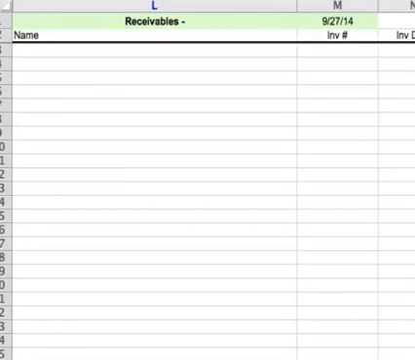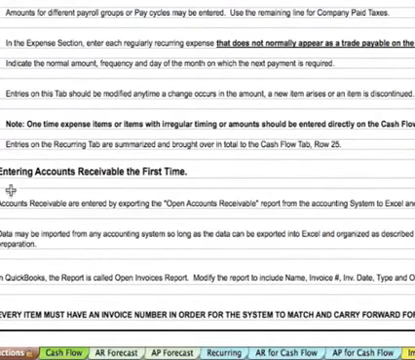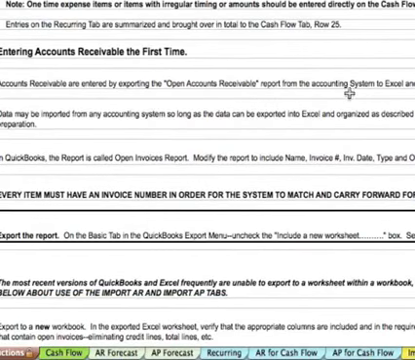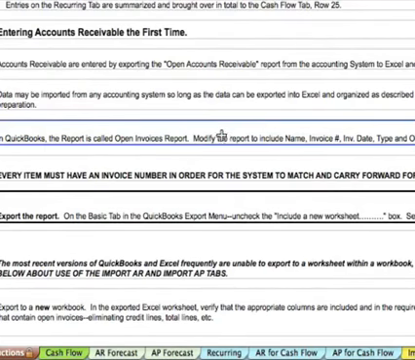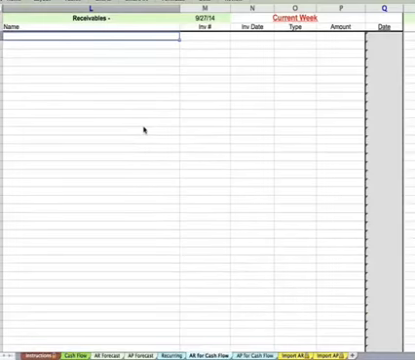And there are some instructions in here that talk about entering accounts receivables for the first time. It talks about getting their open accounts receivables, and in QuickBooks it's called the Open Invoices report. Modify the report to just use the name, invoice number, invoice date, the type, and the open balances in that order, because when we put them into our spreadsheet, if we paste them into our